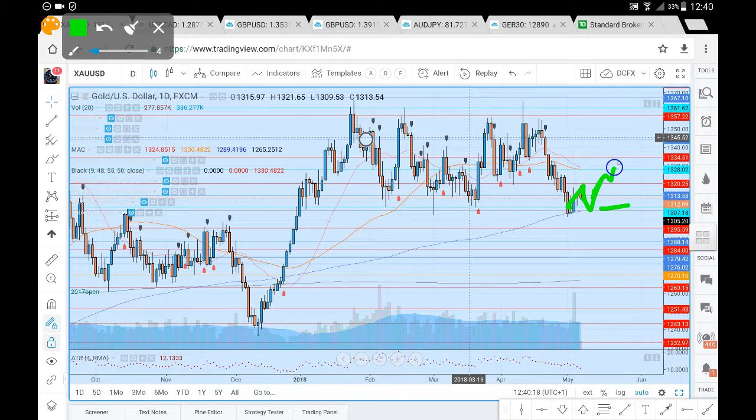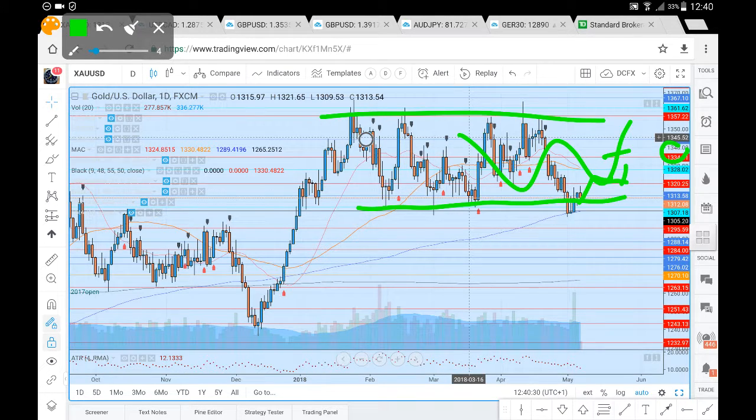And if we do see that, if we do see a bit of recovery here on the XAUUSD, we're looking for a break of the very strong level of 1320.25, possibly a move up towards our 1334.51, and firmly entrench ourselves within the trading range that is clear here on the XAUUSD from a daily chart